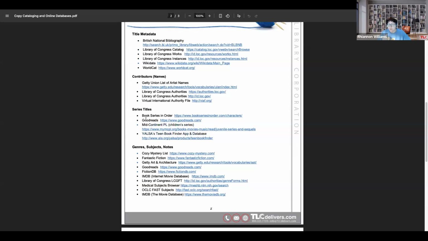So you'll be able to find user created genres and subjects and content wordings, all sorts of things like that that might be helpful to include in your bibliographic record for your library. So leaning on user generated information for insight into what a book is about and how best to describe